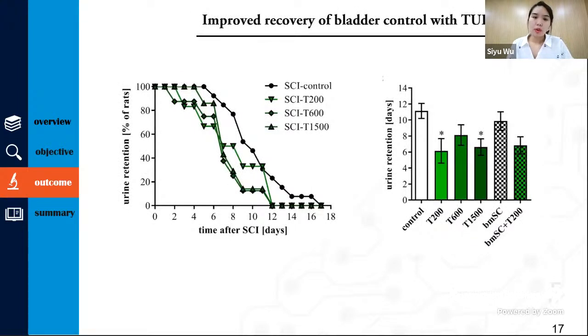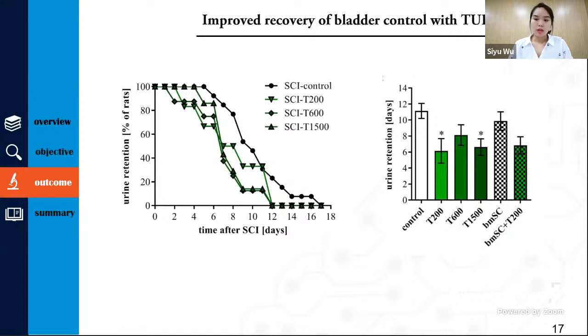TUDCA is one kind of the bile acid used in the in vitro experiment. TUDCA was injected into the animals after spinal cord injury. We found that animals treated with TUDCA had a better recovery of motor functions in the first 4 days than the control group, which I didn't show here. But another interesting